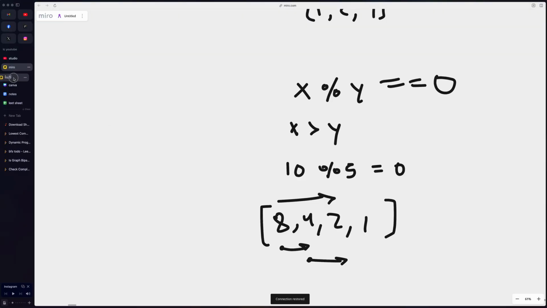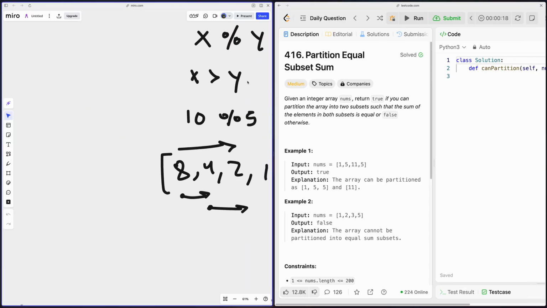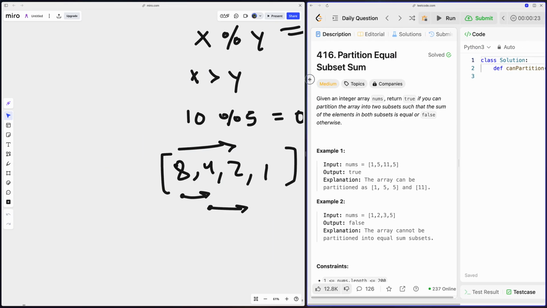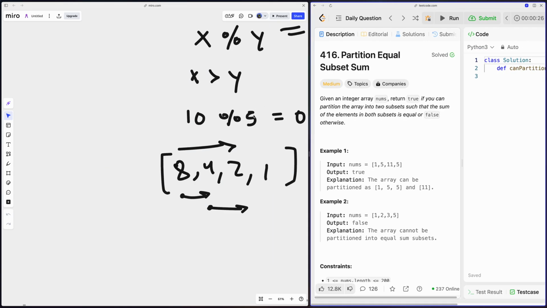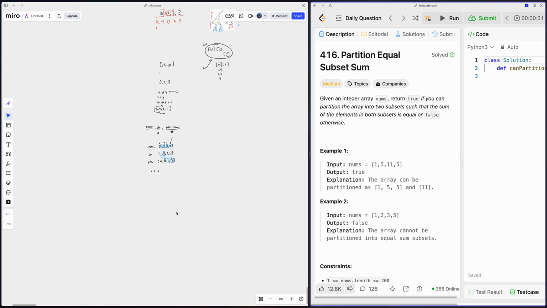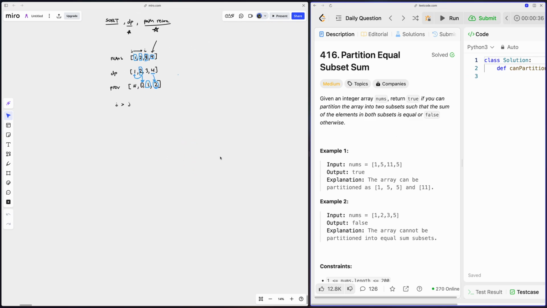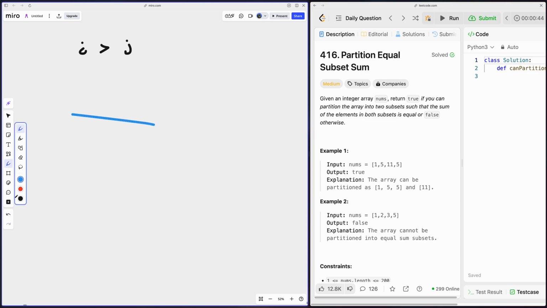Interestingly enough, I've been doing daily problems for like 97 days, and this is the first time I'm doing a problem that I've already done in the past. For the past 97 problems, I've been learning something new each time. So I guess this is cool because it's just going to review what I should know, right? I did this problem in the past, so technically I should be able to do it. And